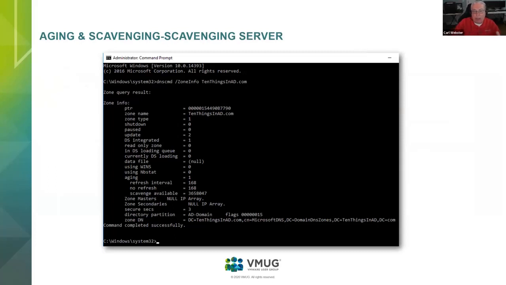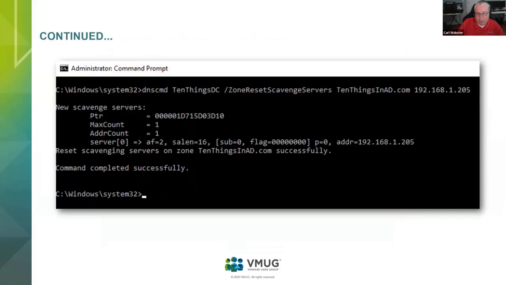Now, looking at this, only because I've done this hundreds of times, I can tell if I did this in your Active Directory environment and I ran this command, dnscmd /zoneinfo, your domain name, and this is what came up, I could tell instantly you don't have a DNS scavenge server configured. And the way I can tell that is if I go in and actually run the command, dnscmd, your